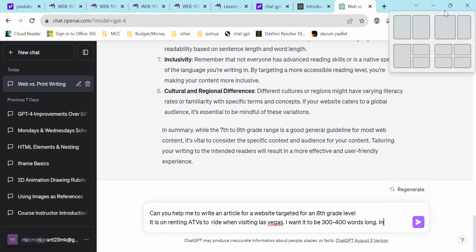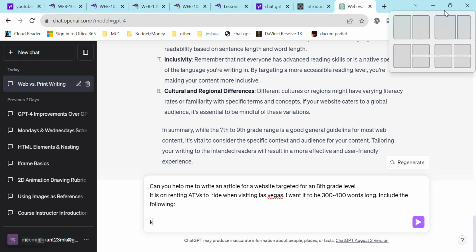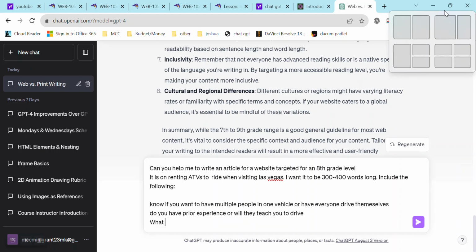Include the following. Know if you want to have multiple people in one vehicle or have everyone drive themselves. Do you have prior experience or will they teach you to drive? What should you wear based on time of year?